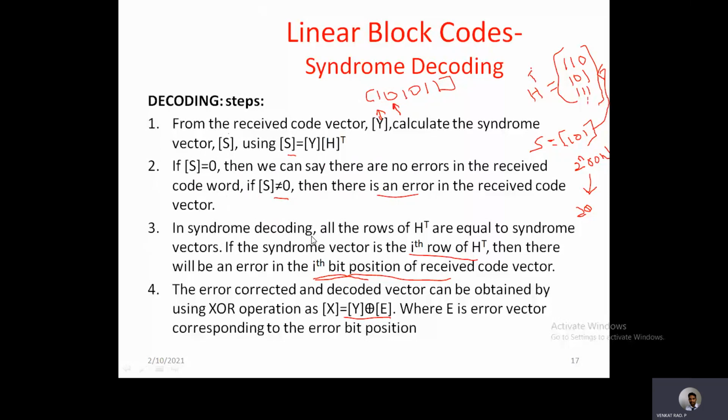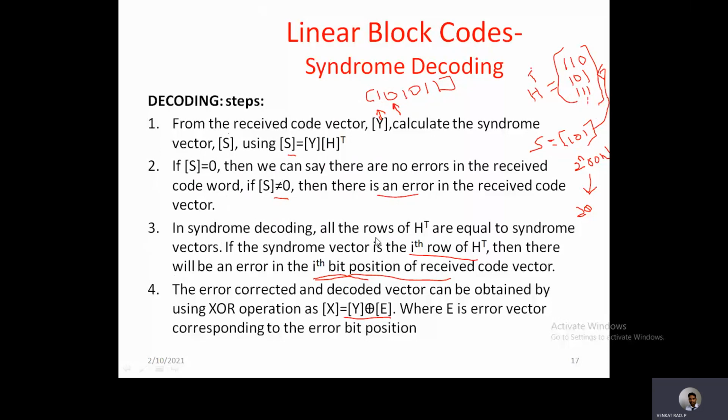In syndrome decoding, all the rows of H transpose are equal to the syndrome vectors. That means whatever value of S we obtain, that value is equal to some row of H transpose. For example, if S is equal to 101, that value must match one of these rows. For example, this matches the second row, that is 101.